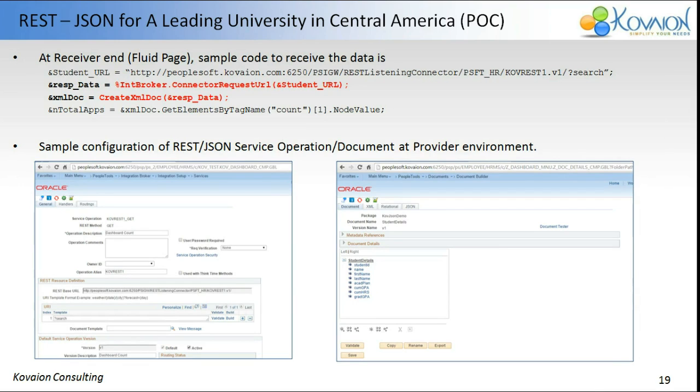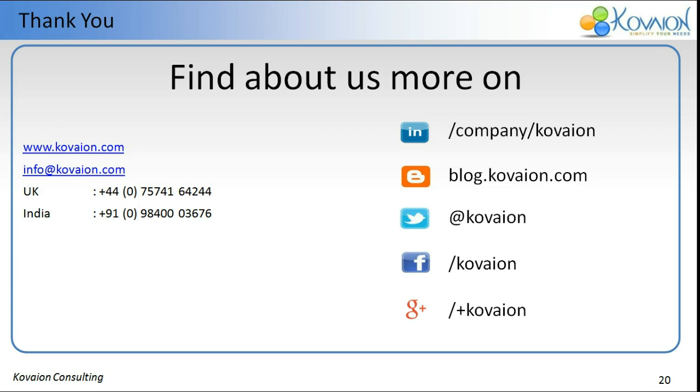And how you can actually read the data is pretty simple. You just use the URL, and there is an iteration book dot connect a request URL, wherein the URL will have the search and the values. You can use it. And I just showed whatever has been used for the posting of the student details, the service operations we have seen as well, and the XML for the REST-based service which has been created. So that's all about